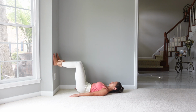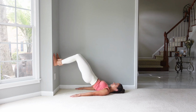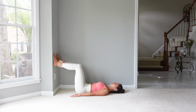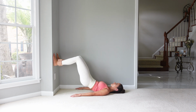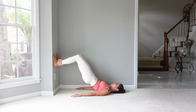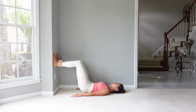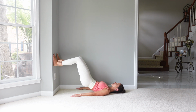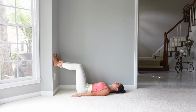You're going to roll through imprint, come up onto the shoulder blades, and then roll back down. And again, rolling through imprint. So that means that low back is coming closer to the mat, and then we come up onto the shoulder blades and roll back down. And again, rolling up, pressing through those feet. Roll back down. With the breath, we try to inhale as we come down, exhale as we come up here. And inhale lower. And we'll do one more. So rolling up